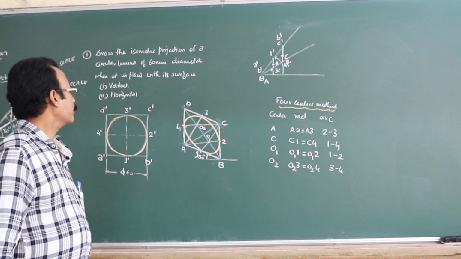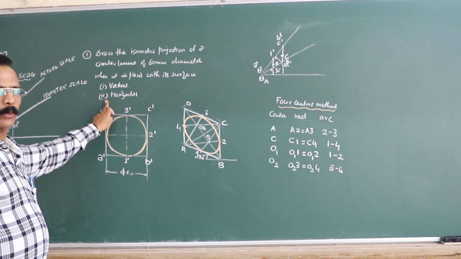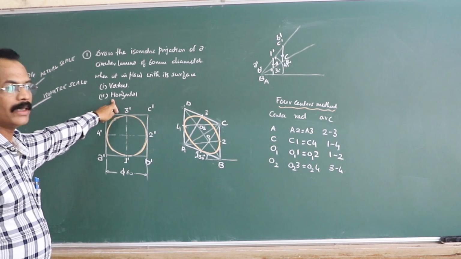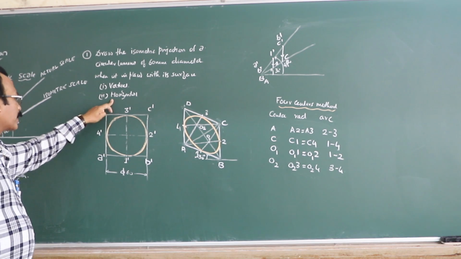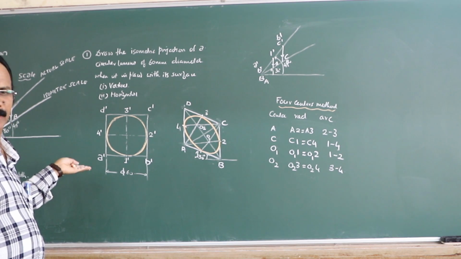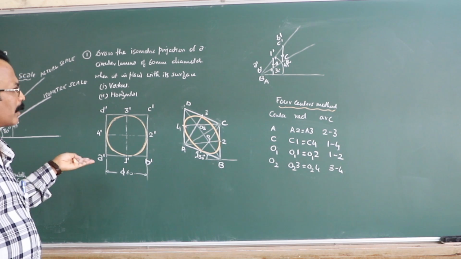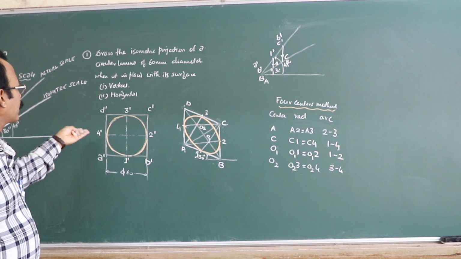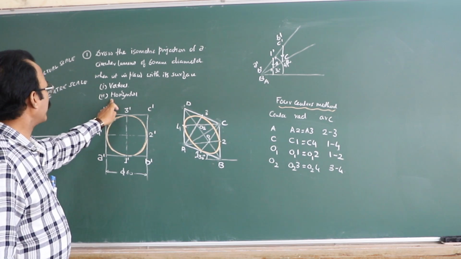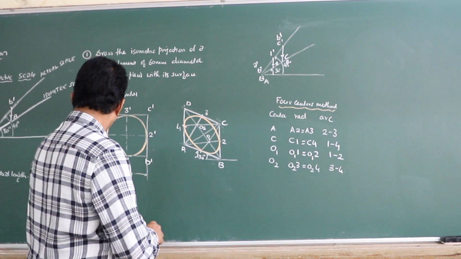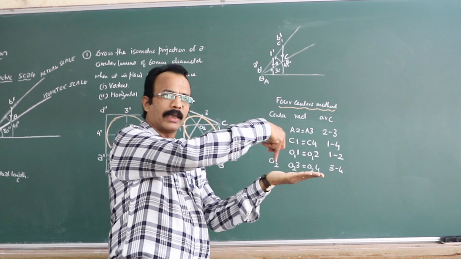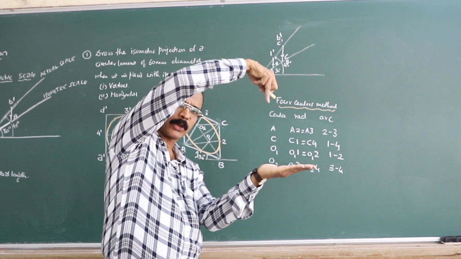So now you take the second problem when the circular lamina is horizontal, right? So generally in the regular class, first we will be teaching the polygons, right, like triangle, square, pentagon, etc. But since there is not much time here, right, I have just taken directly the circular lamina. So take the second one, that is horizontal. So when the circular lamina is horizontal, you will get its true shape in the top view.